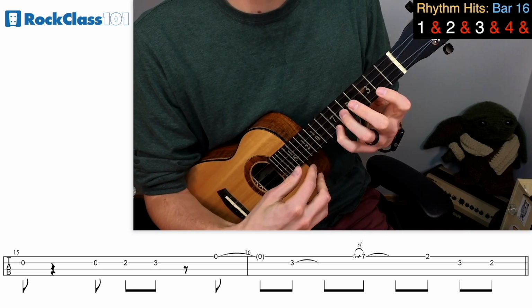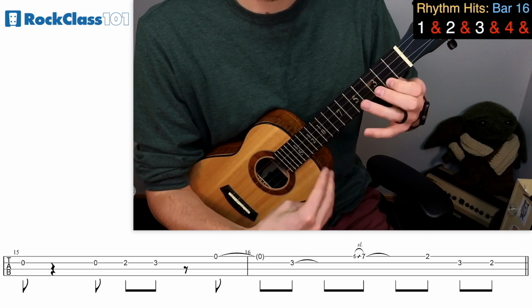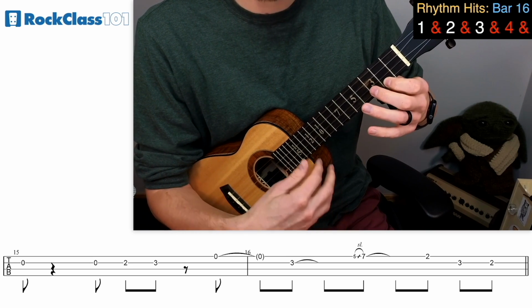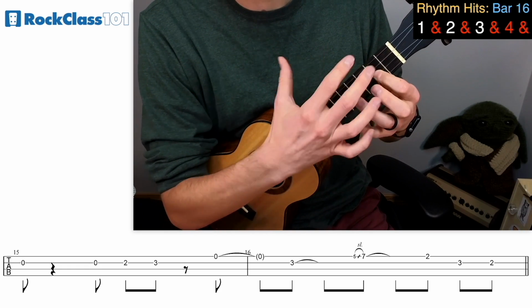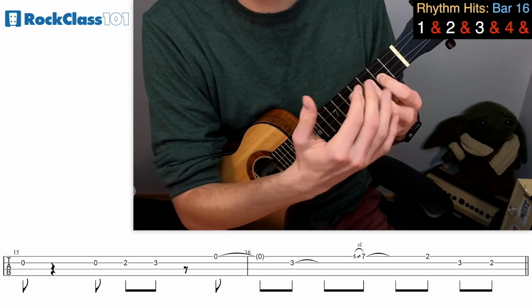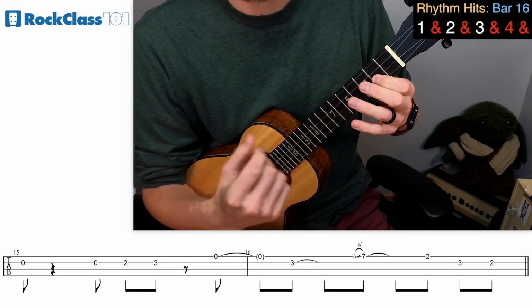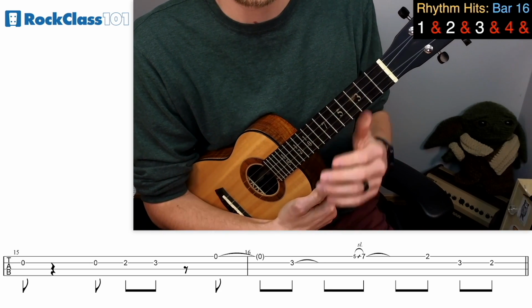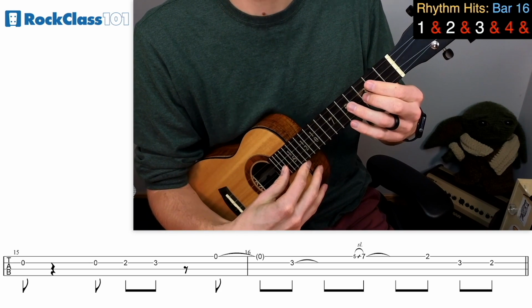Then after I've done this, I'm going to play 2 on the A. So I just take that pinky off, move my index down to 2. And then I play 3 on the E with the middle, and then 2 on the E with the index. That's why we move the one finger per fret over, to set up that little movement. And in time, measure 16 should sound something like this. 2 and 3 and 4 and...